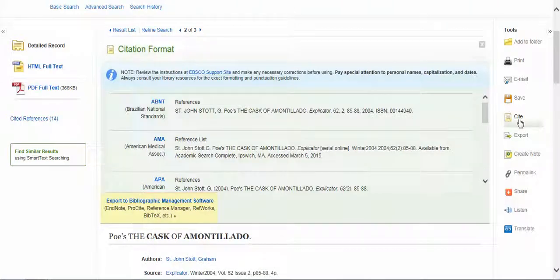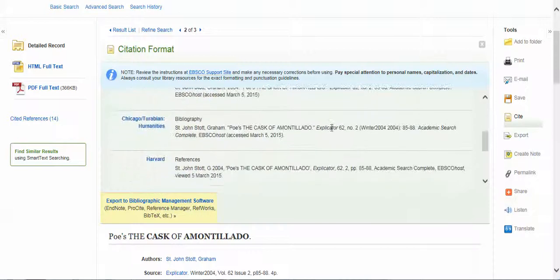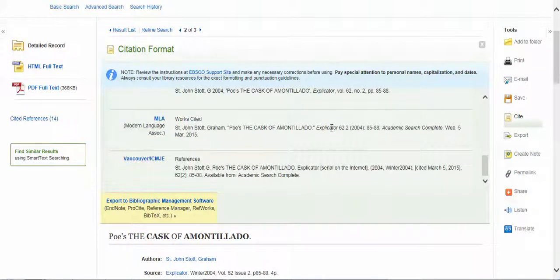Click on cite, and you'll notice that it gives the citation for this article in many different formats. You want to make sure that you scroll down to the MLA version. So you would copy and paste this into your works cited. One thing that I do stress is that if you do copy and paste from a library database or a